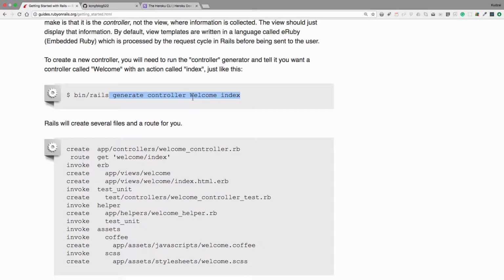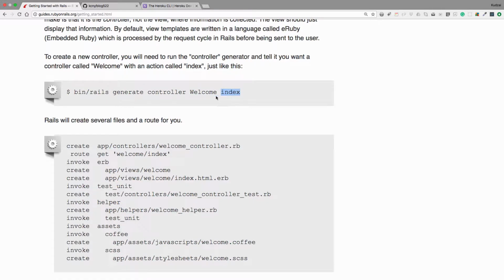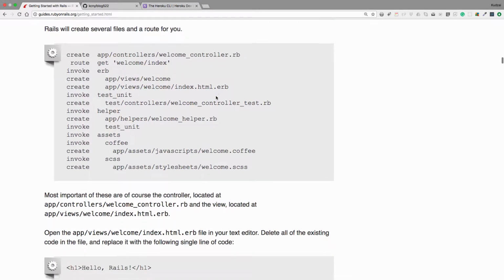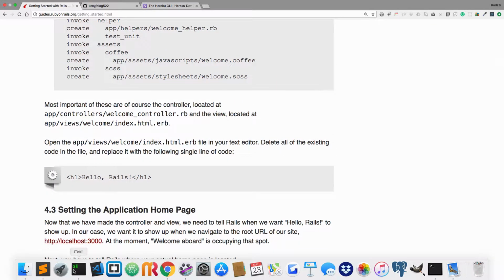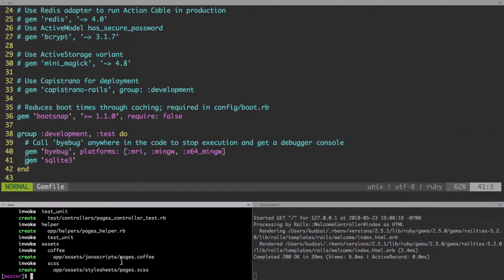This one is called welcome, but ours is called pages. And this only has one page called index. Ours has 3 pages. It has the home, the about, and the contact page. Okay, so we're here, and then now we're going to go back into the terminal,